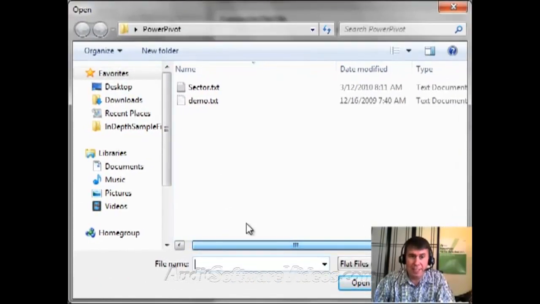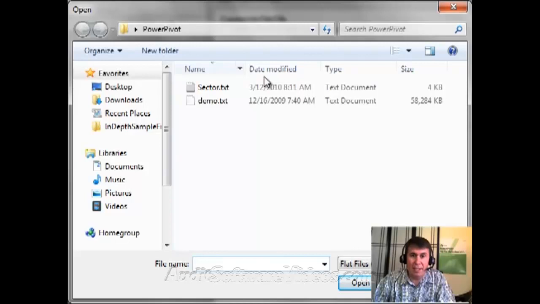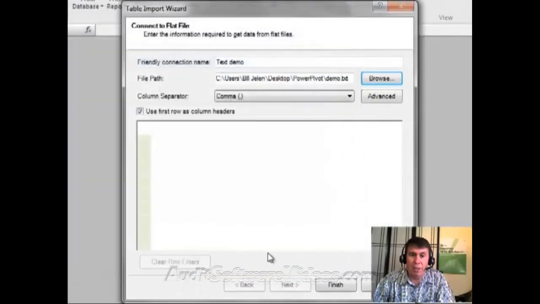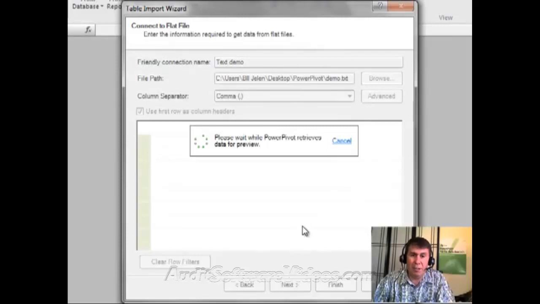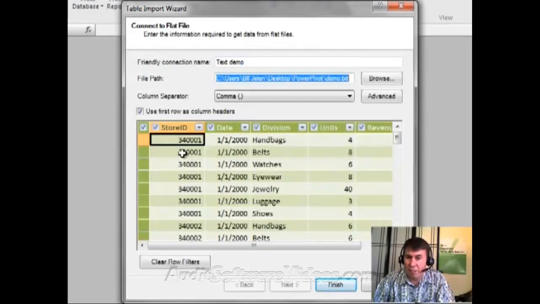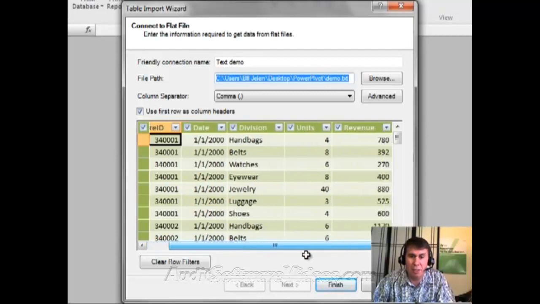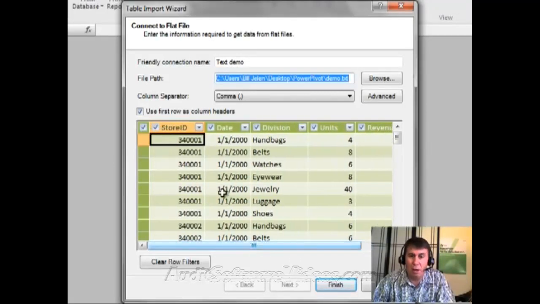See this file, demo.txt, kind of an interesting file. It is 58 megabytes of data. So we're going to choose that, click open, and it's going to take a look at the first 50 records here and build a little preview that shows us the various fields that we have. Now, if you had a field, especially a long text field that you're not going to be reporting on, consider not importing that field. It will save a lot of space in the Excel workbook. But here, this is a pretty small little file. I want to import all of the fields that we have, so I go ahead and click Finish,